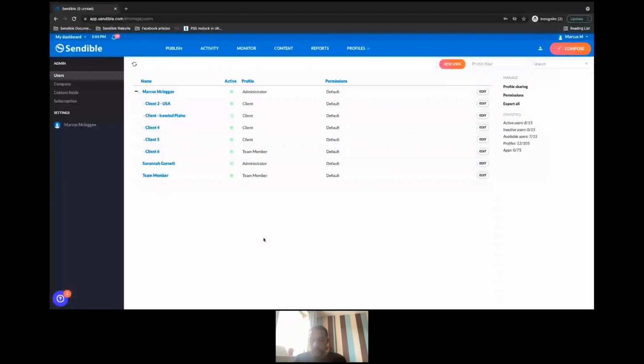Now, we would normally recommend that you have a separate dashboard for each of your clients or for the different brands that you manage. The reason is some people would like to share their login details, but we don't recommend that, because if one person is logged in and then you log in with the same details, you're going to log that person out. So it can cause some conflicts.